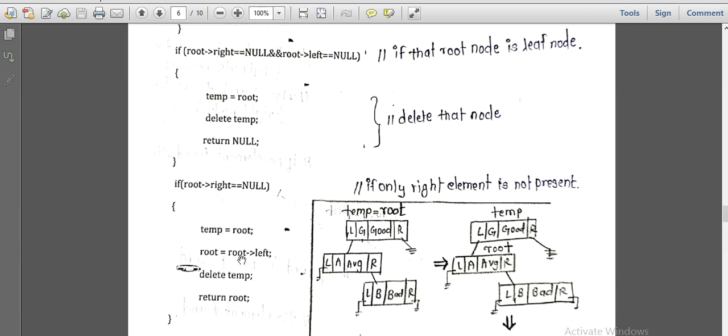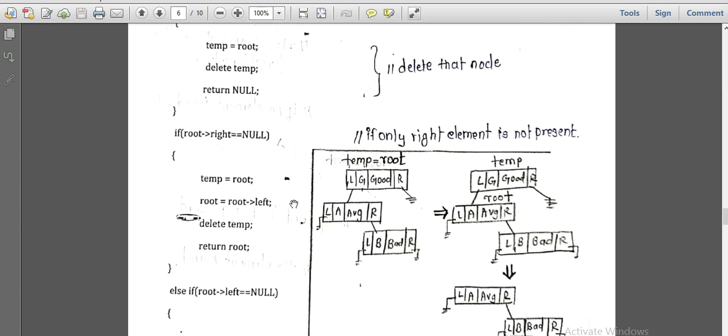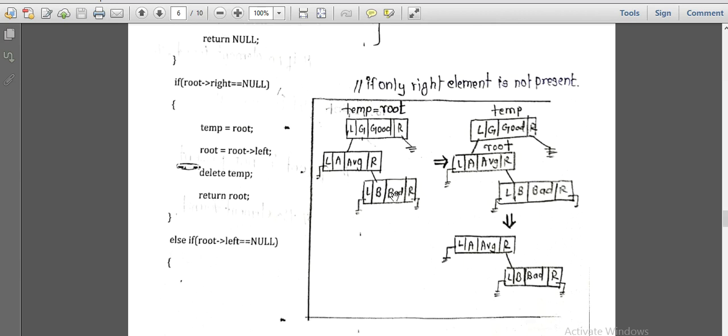Then root should become the root's left. Since the right child is null, the node has its left child, so whatever the left child is, make that child the root and then delete this temp. As with swapping, before deleting that node we have to link its left child to the root of that node, and the same thing we are doing here, and then we delete that temp. So for example, here it is given.